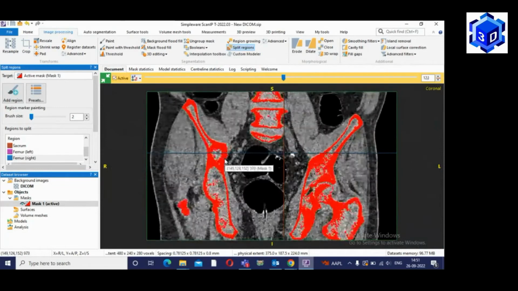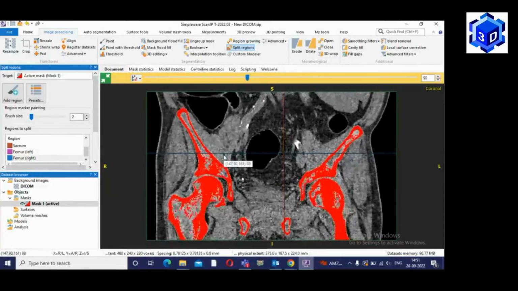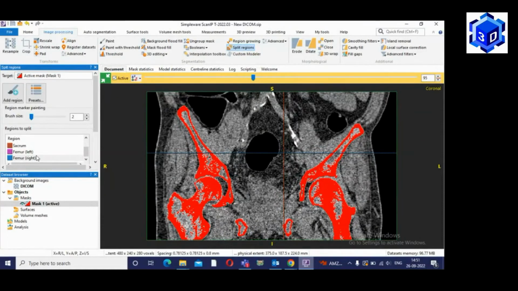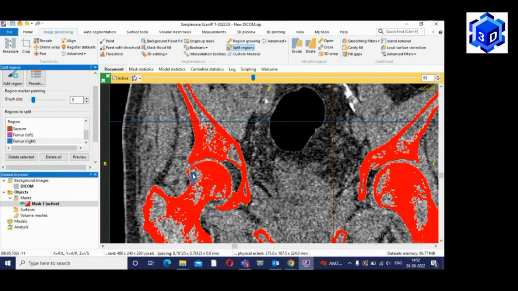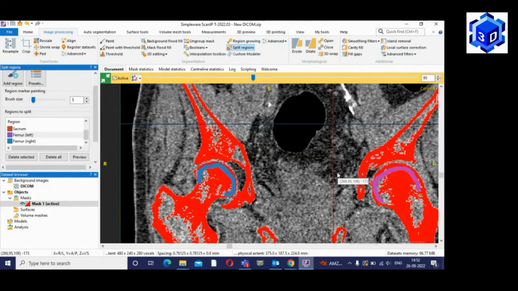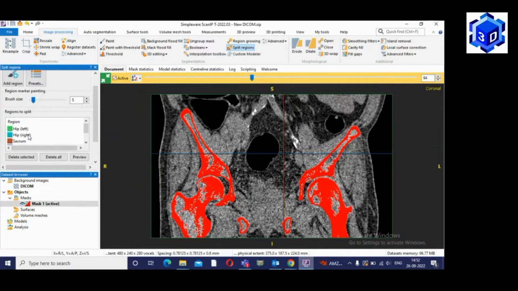Let me go to the 2D view. What I'm going to do here is segment our data in this 2D view. You can see I've selected the right femur. We just need to outline the boundary of the femur head for the split. We don't need to be very precise for that; approximately, we have to make the lines. As you can see, I'm just making those boundaries